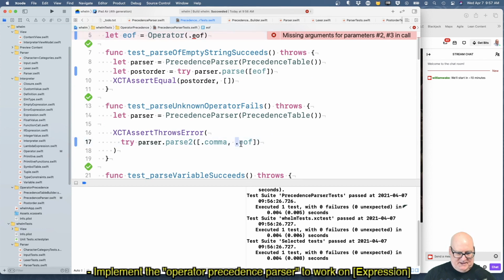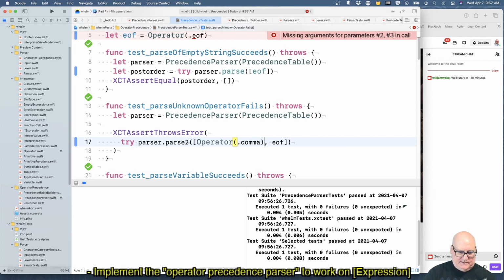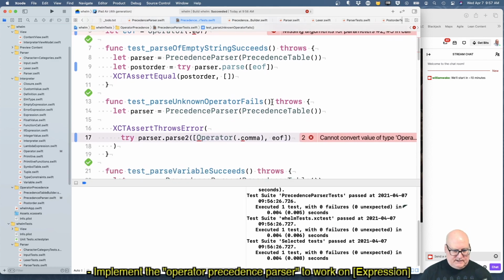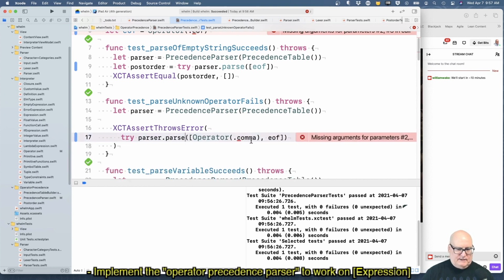Okay, this is just end of file. This is operator, comma. And we're being a little loose in the semantics, in that operator comma doesn't really mean anything, but we're gonna pretend it does.